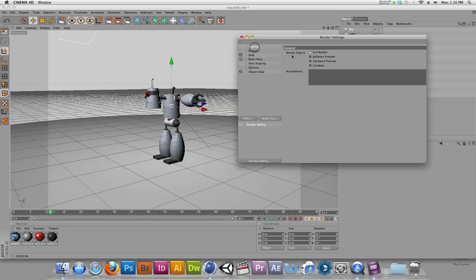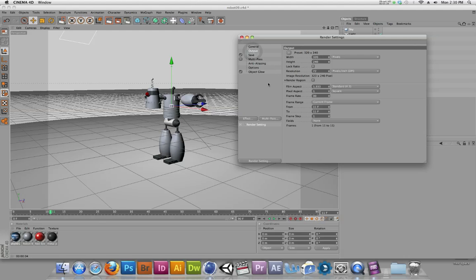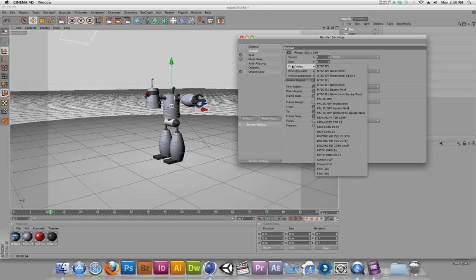If I look at the general tab, for the most part I can always ignore those, and I just want to let those render as a default full render. The output tab, this is where you can set your resolution of your rendered file. Okay, and so if I click on this output, there are some pre-configured choices that I can choose: screen, web, film, and video, and maybe I'll just do this